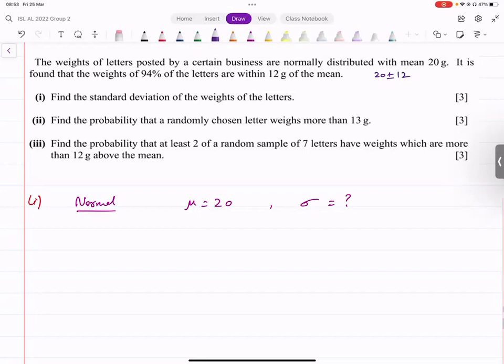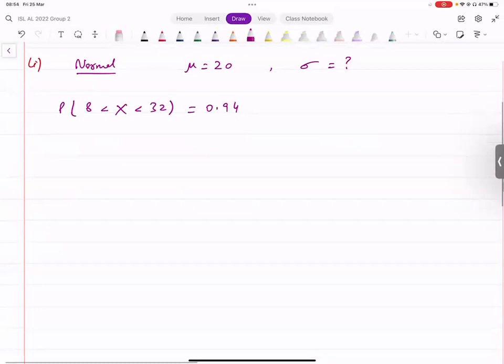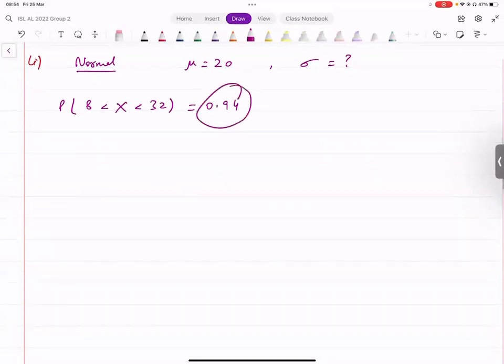So basically उसने क्या बताया आपको? उसने बताया है the probability of x, x से क्या represent करें यहाँ पे? Weight represents x. Probability of x being between 8 and 32, that is equal to 0.94. ये probability उसने बताई है. आपको इसको यूज करके स्टैंडर्ड डेविएशन फाइंड करनी है. ठीक है, अब ये इंटरवल दिया हुआ है, आपको प्रोबेबिलिटी पता है, इनवर्स नॉर्मल यूज करके आपने ये स्टैंडर्ड डेविएशन